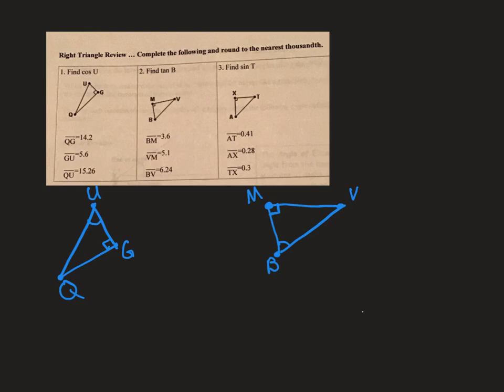We're going to be on page 83 of your notes and use what we know about trigonometry to solve different triangles. So for our first one, it's asking us to find cosine of u. If we look at a triangle over here, u is this angle here, and in order to find it, we need to go back to geometry and think about